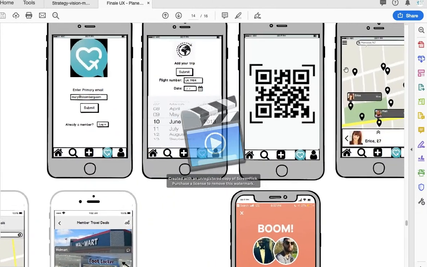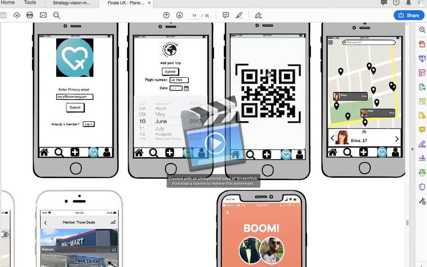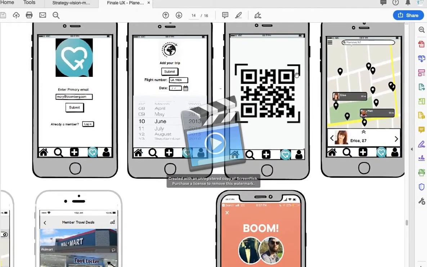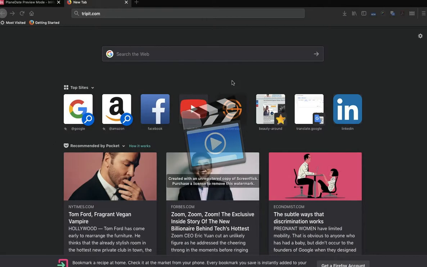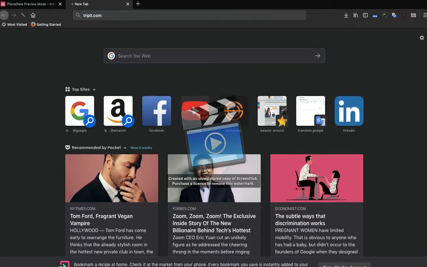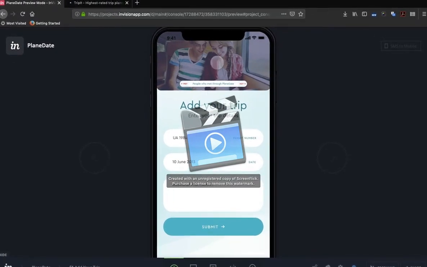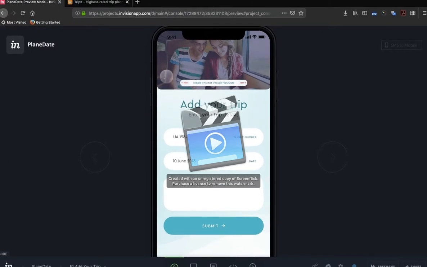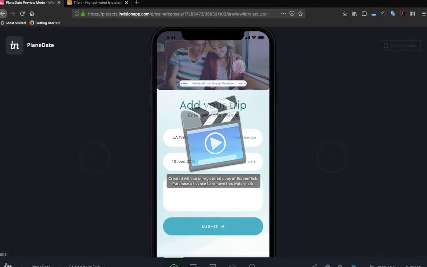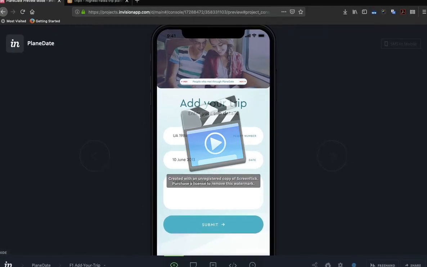What is happening here is the user is scanning the barcode on the airline ticket to pull in the travel details. So ideally, instead of going straight to this, we want to have like here we say manually add your trip. So we can have an icon, so here you manually add your trip, and then you can have the email where they enter the email.